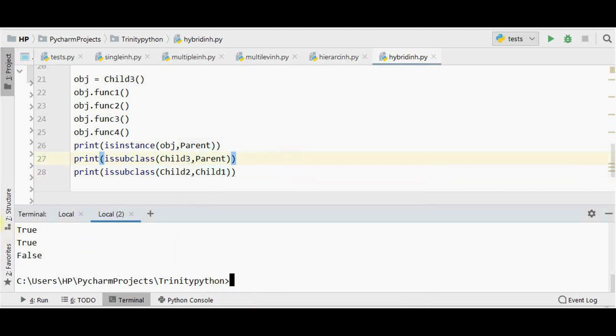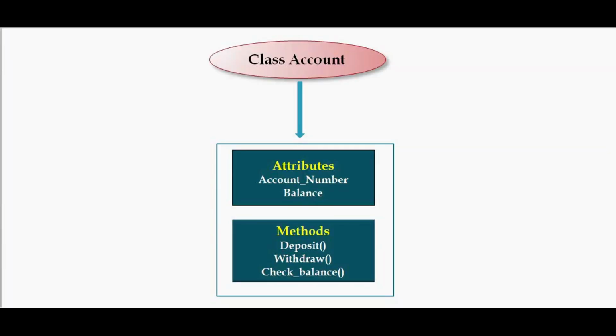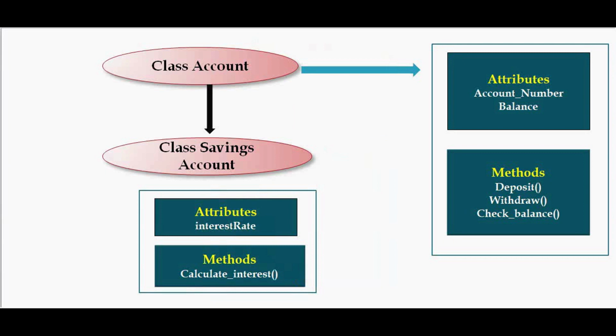So it returned false. Now we are going to perform inheritance on this class account. We have already started with creating a class called savings account. So savings account is inherited from the class account. It means that savings account can access all the methods as well as the attributes of its base class account. Apart from this, it can have its own new features added to it. A new attribute called interest rate and a new method called calculate interest. These things are added to the savings account.